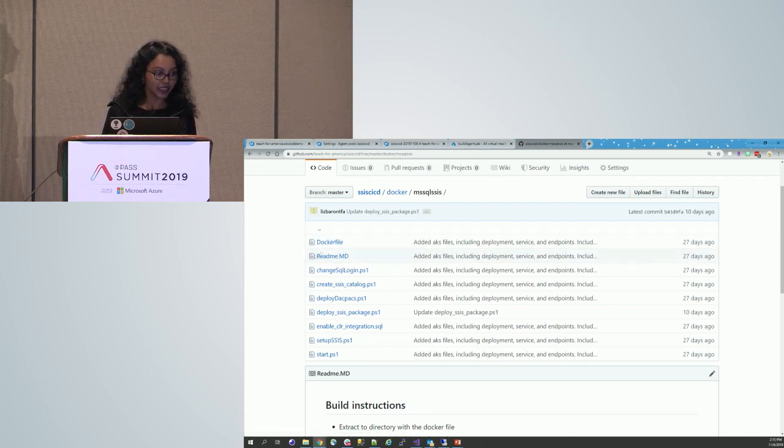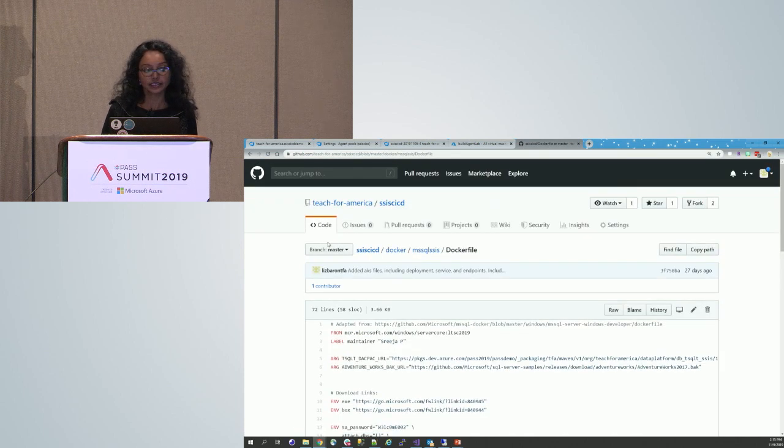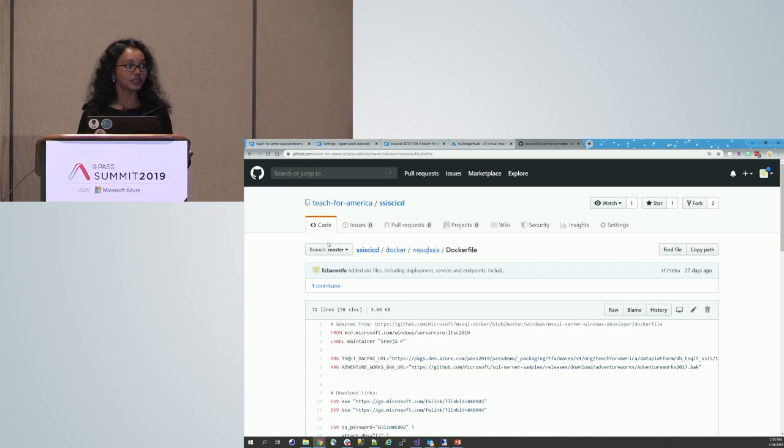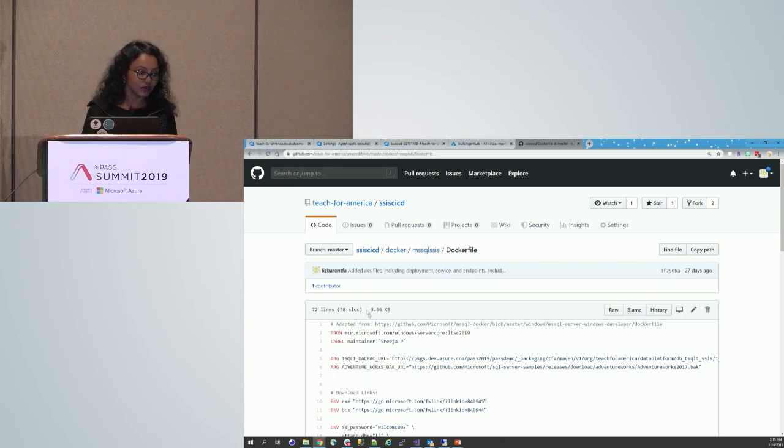So let's begin. This is the Docker file. Before that, a Docker file is the artifact which is used to build a Docker image, and Docker containers are instances of a Docker image. The intermediate environments which Liz showed earlier, which were spun up on demand with all SQL Server included, were built off the Docker images. So let's go into this further.